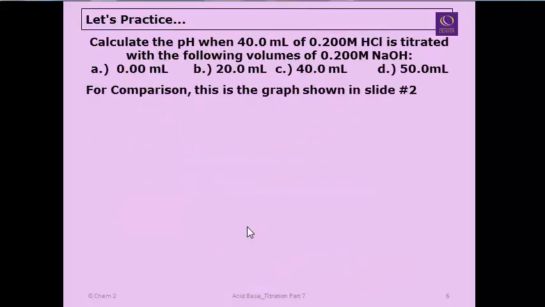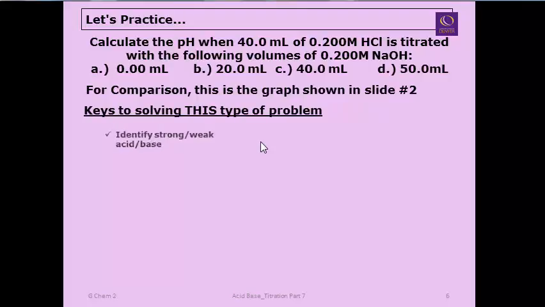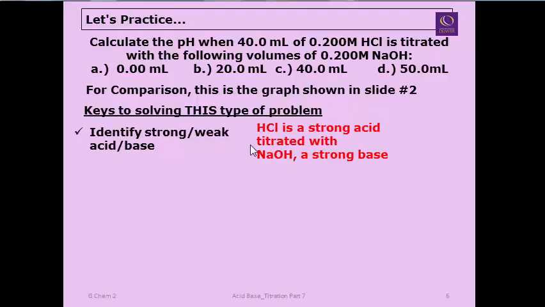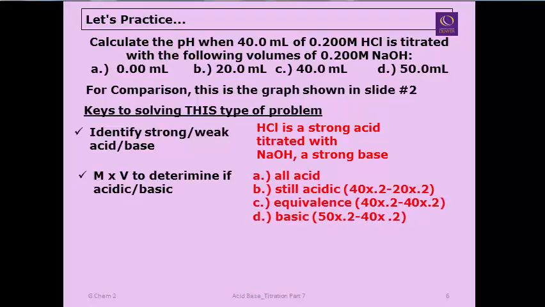Okay, let's see how we did. Starting with the strong acid titrating the base. What's going to be the pH at these different volumes? This is very similar to the graph I showed you in slide 2, so you can run back. The keys I'd remind you of, in doing all the problems on this homework set, are: identify the strong and weak acid and base. HCl is a strong acid, for example, titrated with sodium hydroxide, a strong base. Do the molarity times the volume, and then compare the acid to the base to see whether the resulting solution is acidic or basic,